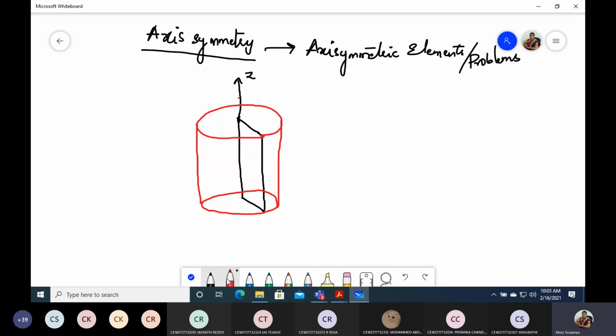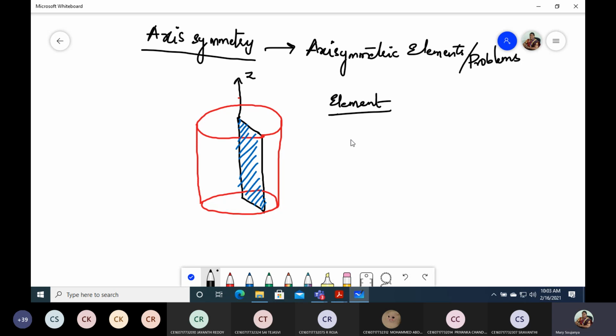This cylindrical element is symmetric about this axis, and this is the 2D element from which we have got this cylindrical element. Now, if it is just symmetrical about this axis, can we call this axisymmetric? No, there is a condition. The condition lies like this. When an element,